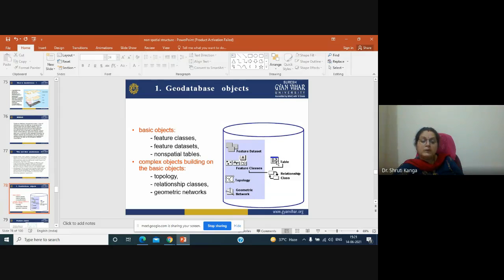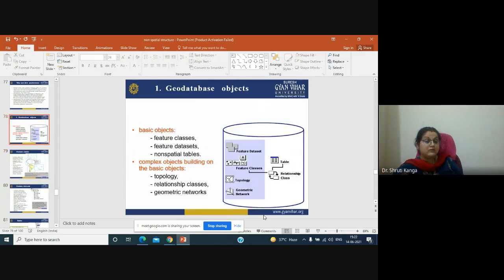Now the complex objects building on the basic objects. On these basic objects, we can go for the complex object building. What are these? We can go for the topology creation, we can go for the geometric analysis, we can go for the relationship classes.